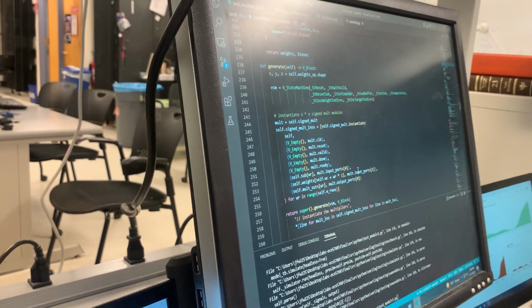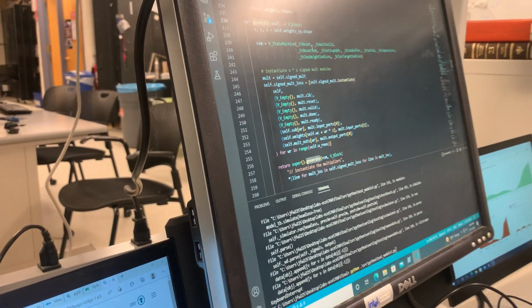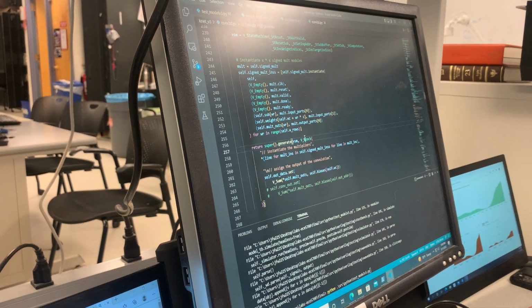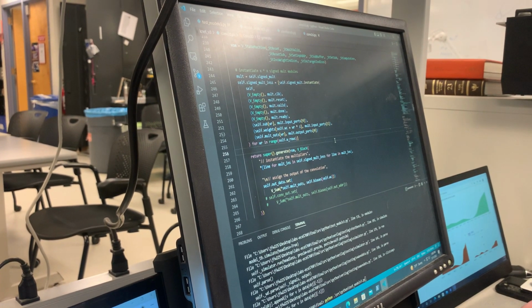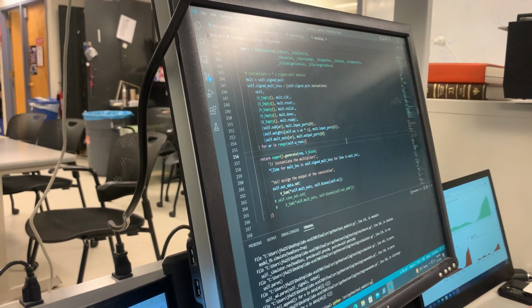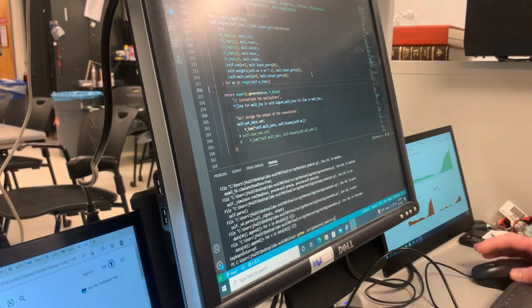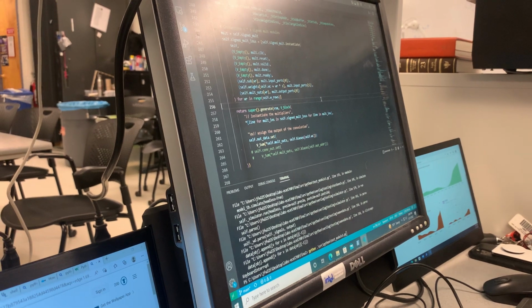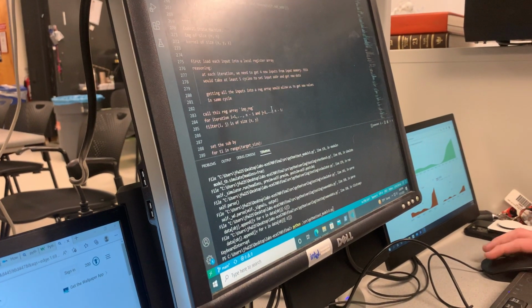So each Verilog module object has a function called generate. And this generate function returns a V block object. And this V block object is basically a list of what I call V expressions. And they're just strings, but they're overloaded Python objects where, for instance, if you did a statement like,